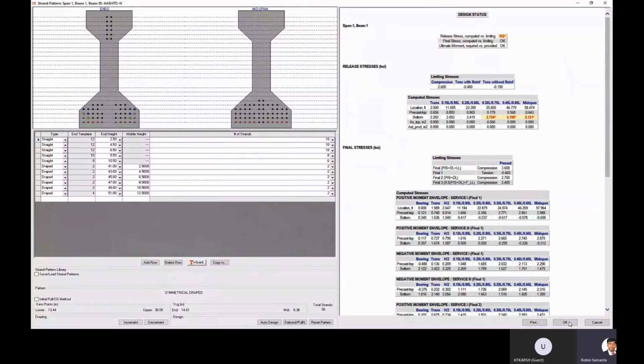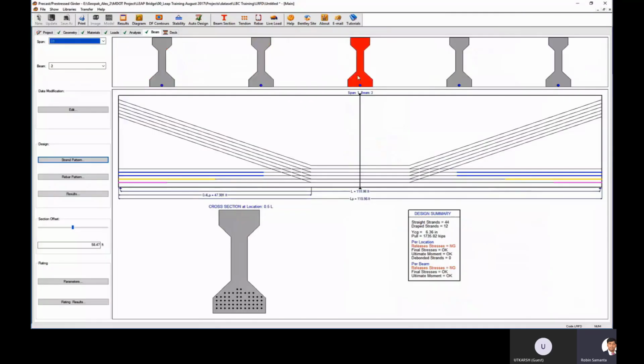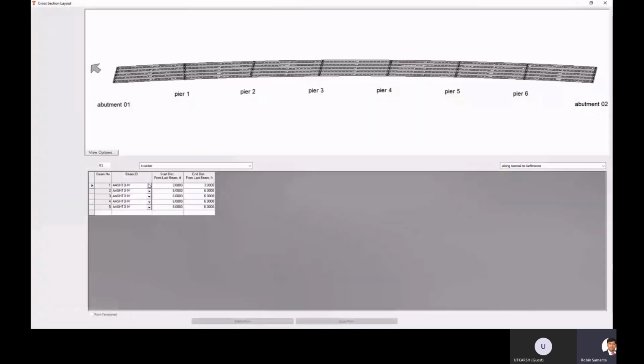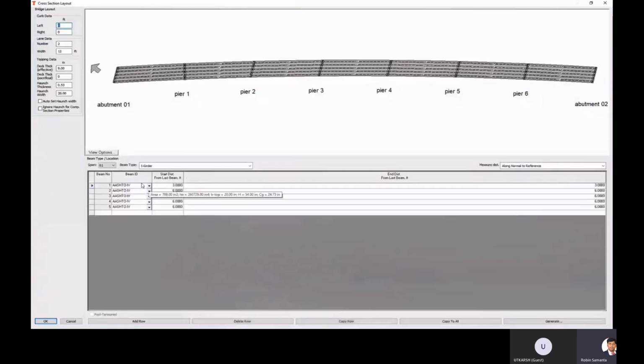And you can use the same girder design for all the girders of that span, or you can apply it for all the spans as well, because it was a multi-span bridge. So you can do individual design, or you can use the same strand pattern for all, and you can check. All the options are available. So here you can see that there are a lot of strands, right?